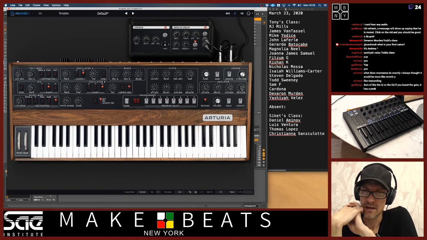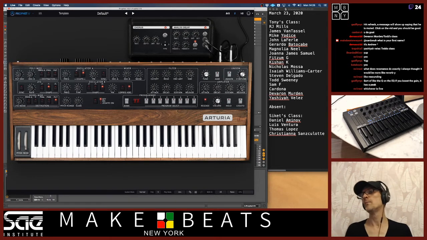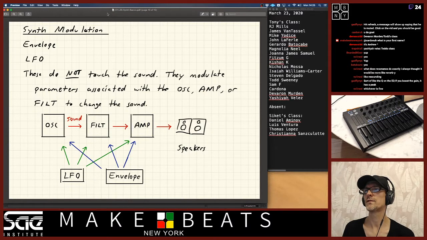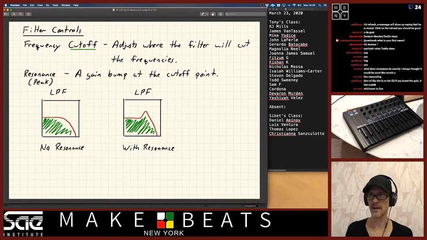Sort of like the Q on the EQ. If you boost the gain, it has a peak. Okay, cool. Thanks. So basically the resonance, if we look in the notes, it actually talks about that in here. If you look at the notes from Friday's class or lesson number 35, or if you're in John Sickett's class, I don't remember which, it's the Synth basic notes. But basically, if we look in here, the resonance is this page here.